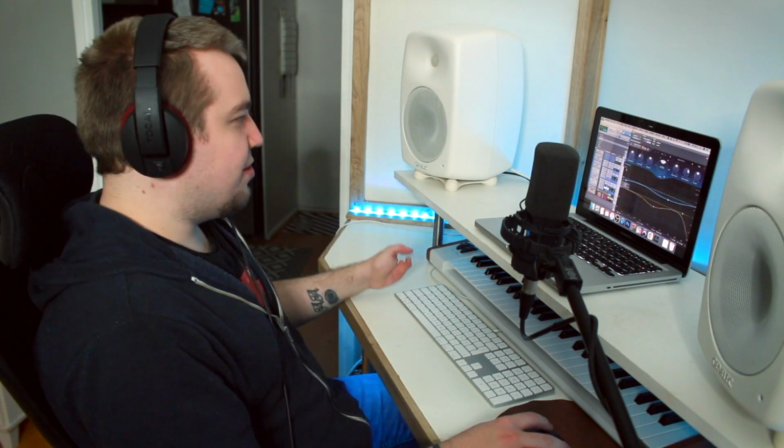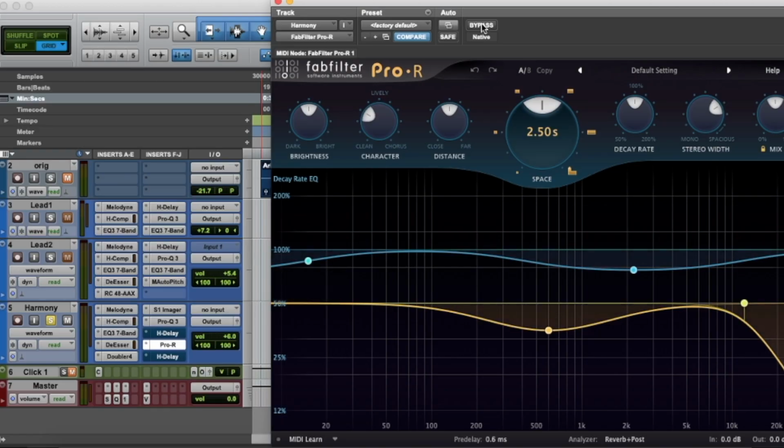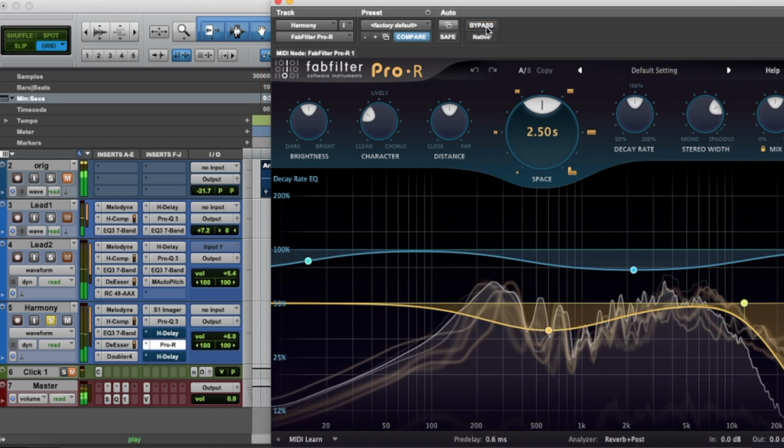I guess one way to think about compression is that it takes the quiet parts of your singing and the loud parts of your singing and makes them more even in volume so the vocals are more clear. Reverb and delay can be just thought of as echo. Here's a reverb I could show you, so no reverb. And then a little bit of reverb.